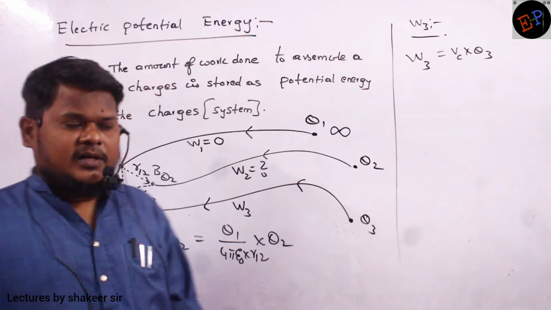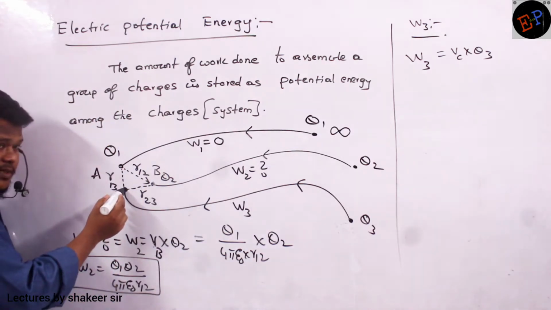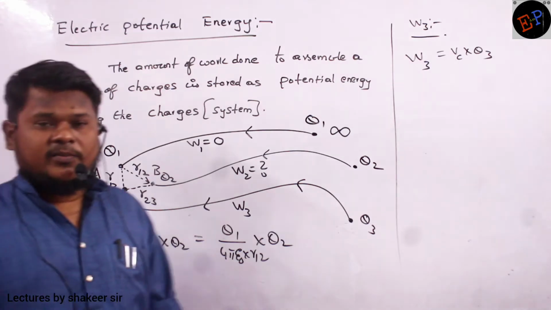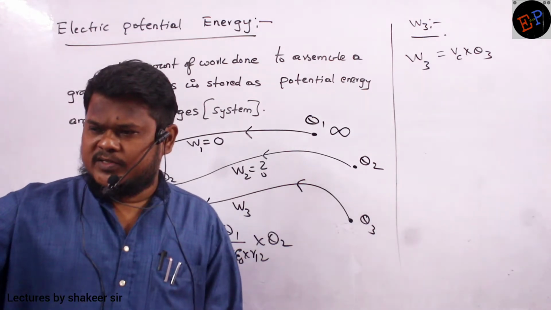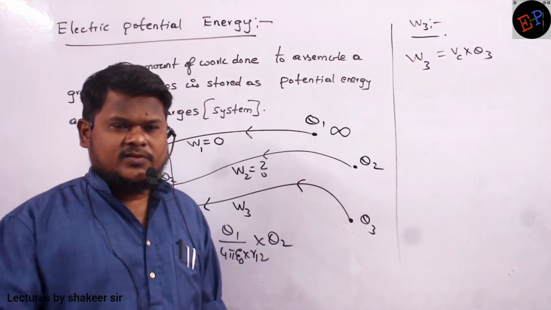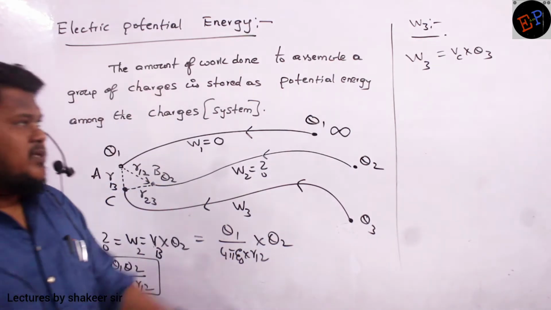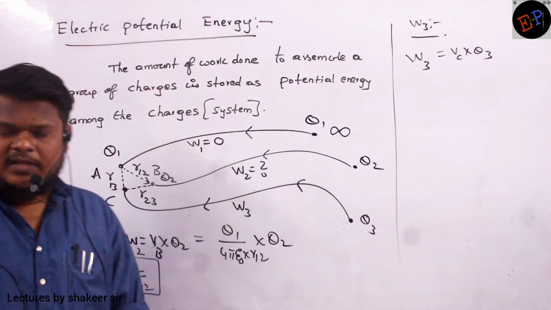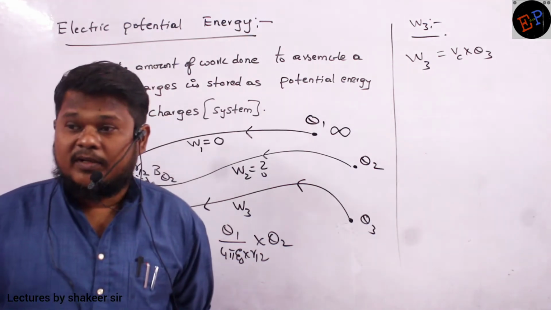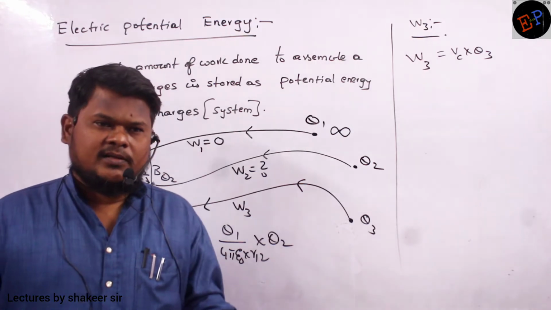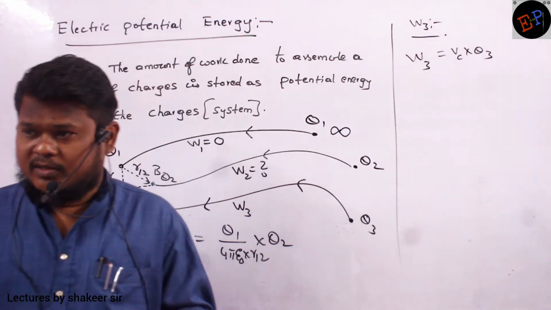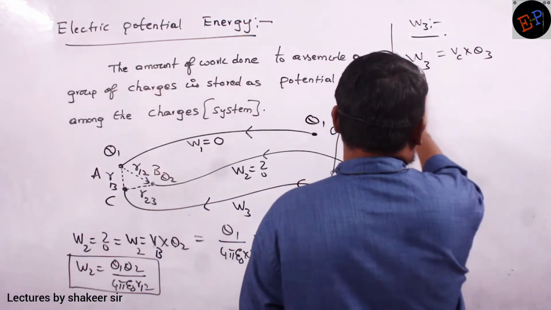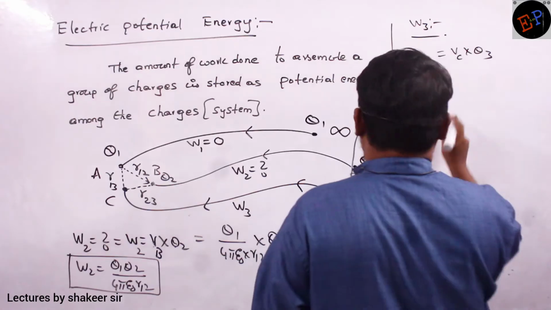Now at point C, who will give the potential? Both charges will provide potential. The first charge is giving its force of repulsion, and the second charge is also giving its force of repulsion. So at point C, both A and B give the potential. And potential is a scalar quantity, so you need not take the resultant, just add them. So W3 is equal to,